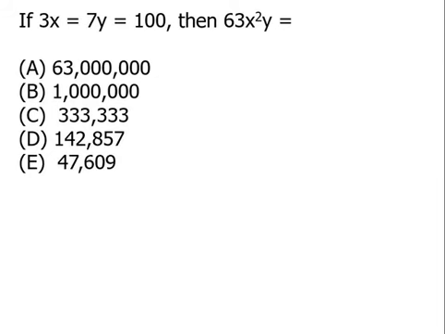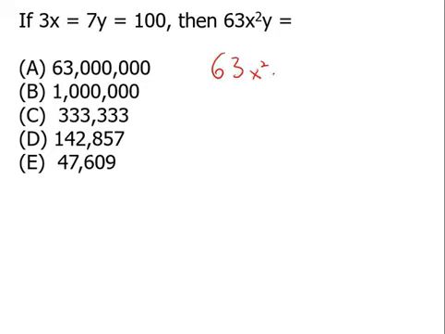So there are a few different ways to approach this. One not very helpful way would be to solve for x, which would be some fraction, solve for y, which would be another fraction, and then put all those fractions in and try and work it out. It's much easier to think about this. We have 7 and 3 here, and we know that 63 is divisible by both those numbers, so I'm just going to rewrite